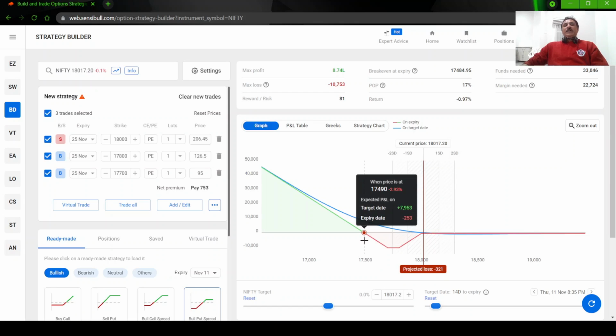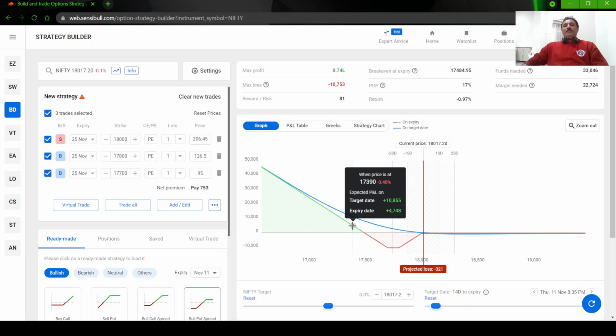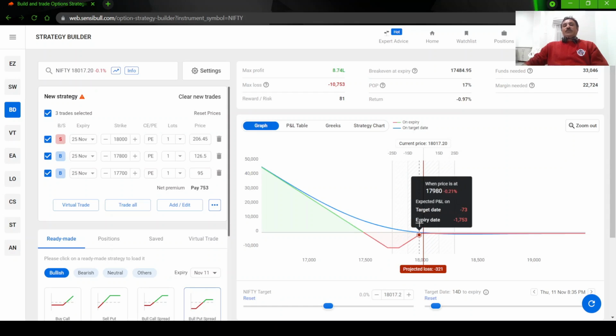Then once the market goes below 17,500, then the strategy will start giving a very good profit. You can see how the strategy gives profit when the market goes down. Means this is a bull put spread. The market needs to be bullish. That is how we thought and we took the strategy. But when the things go wrong, we can make one small adjustment which changes the entire strategy to the bearish view strategy. Okay, so in between we have got a small pit which needs to be crossed.